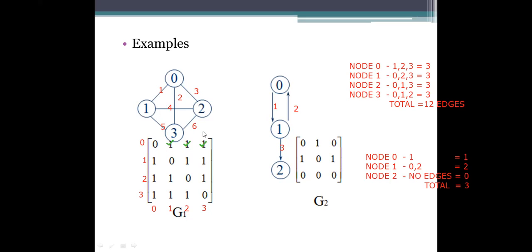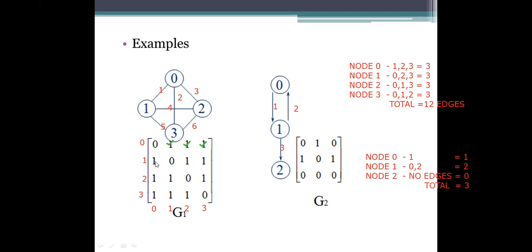Yes, it is there. This graphical notation, what we are seeing, is an example of a complete graph, because each and every node has been connected to the other nodes. And there are no self edges or loops there.